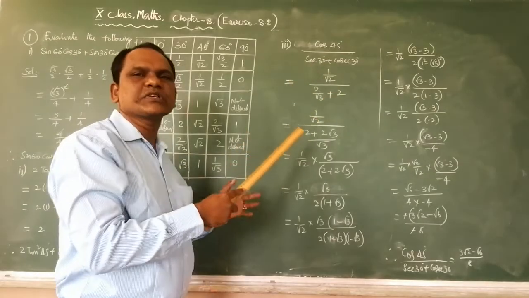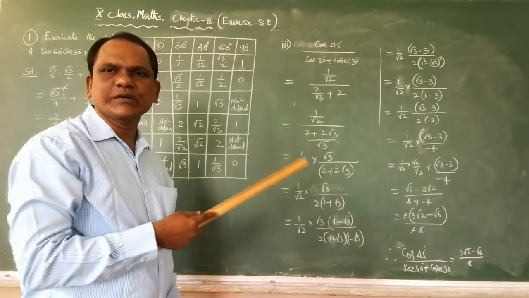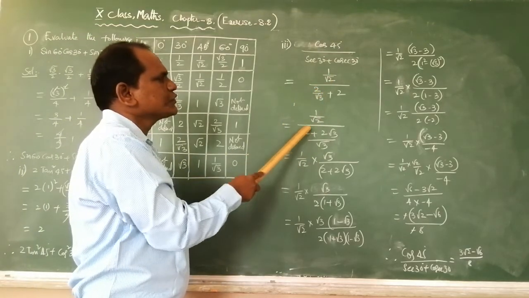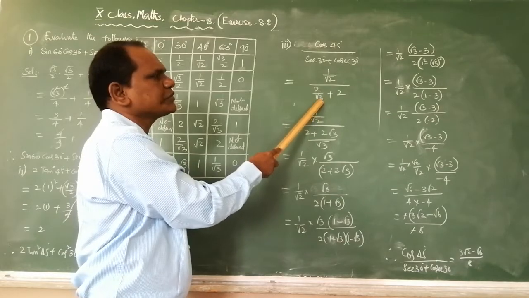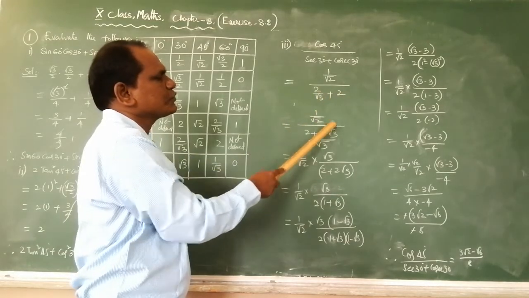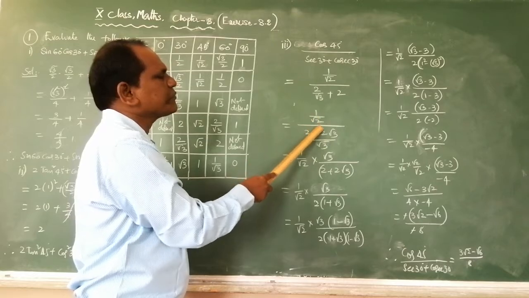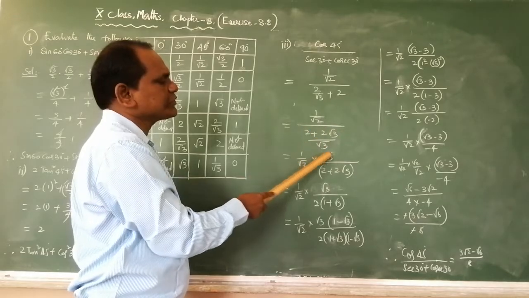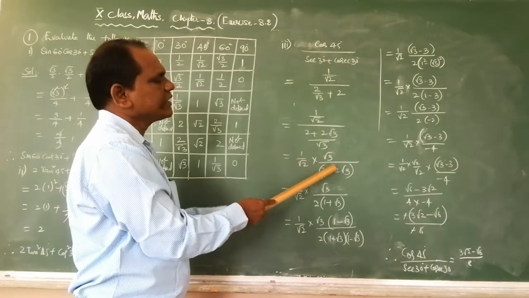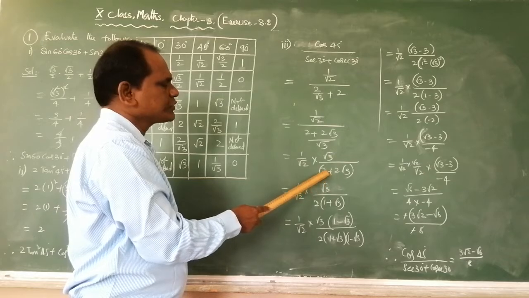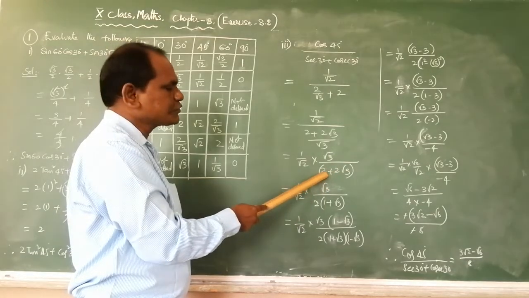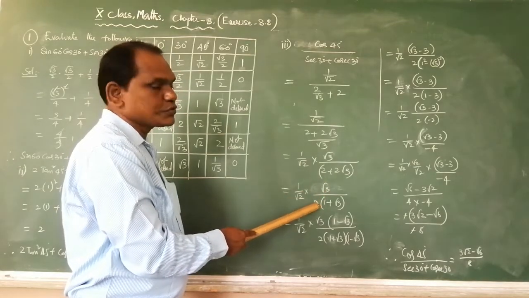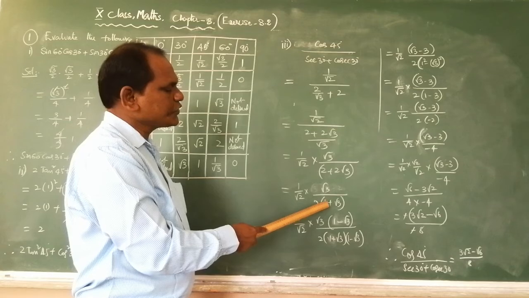So when we are substituting the values, then we have to simplify the problem. Here 1 by square root of 2, over 2 by root 3 plus 2, the LCM is root 3. 2 plus 2 root 3 by root 3 is the numerator part. 1 by root 2 into, we have to write the denominator part as the reciprocal, root 3 by 2 plus 2 root 3. In this 2 plus 2 root 3, 2 is the common term. 1 by root 2 as it is, and root 3 by 2 common means, what is the balance? 2 into 1, 2.